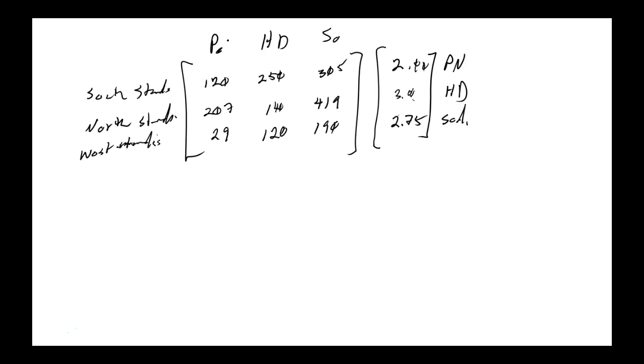So notice what you did. First row by first column here, entry by entry by entry. Second row by first column here, entry by entry by entry. Third row by first column here, entry by entry by entry. Adding those together, and that gives us, and I'm just going to use their numbers so I won't have to do the multiplication, $1828.75